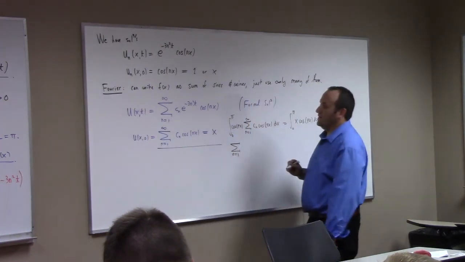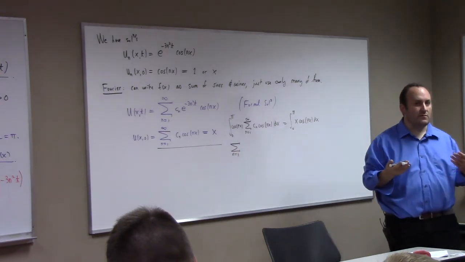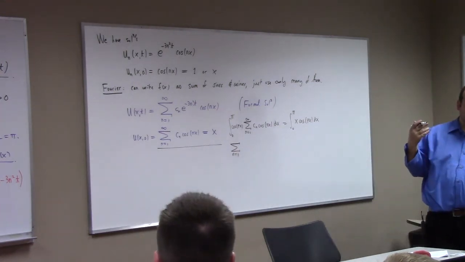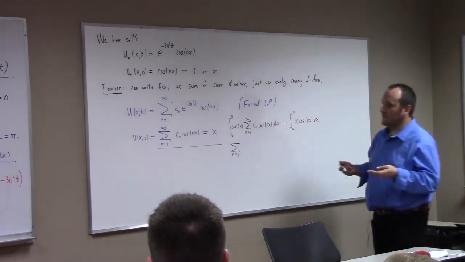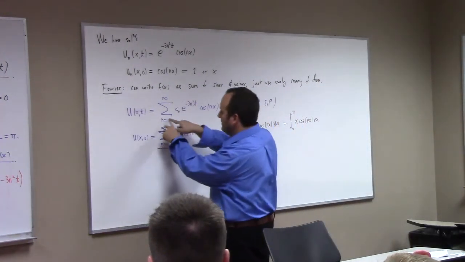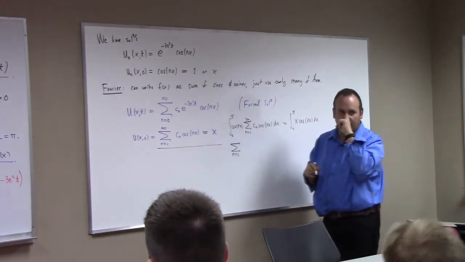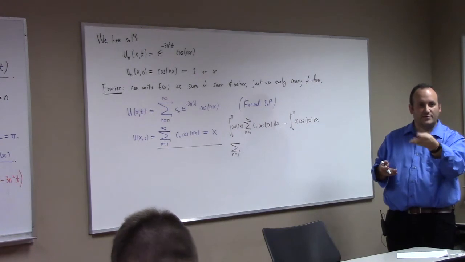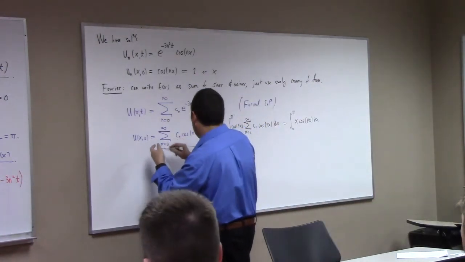oh man, I'm sorry guys. I really should be doing sum n equals what to what. I need to allow for the constant term. I should have this starting at 0, okay? I'm supposed to be starting that at 0 because the constant solution is a possible solution to case 2. All right, so